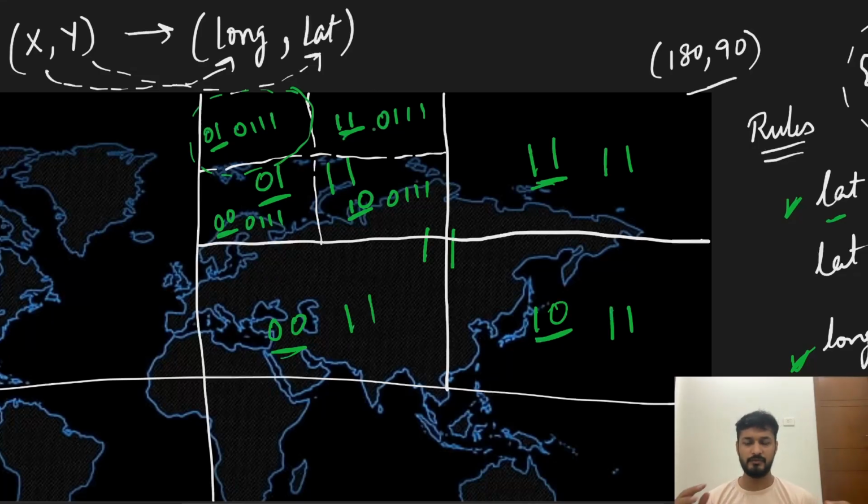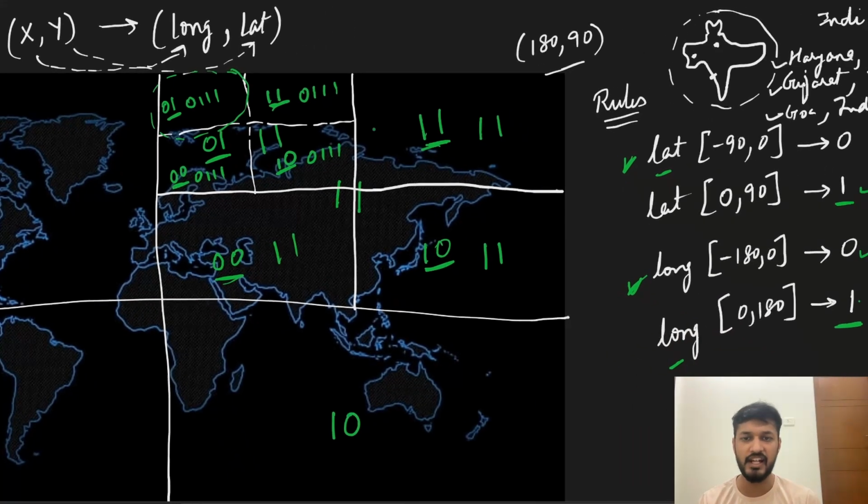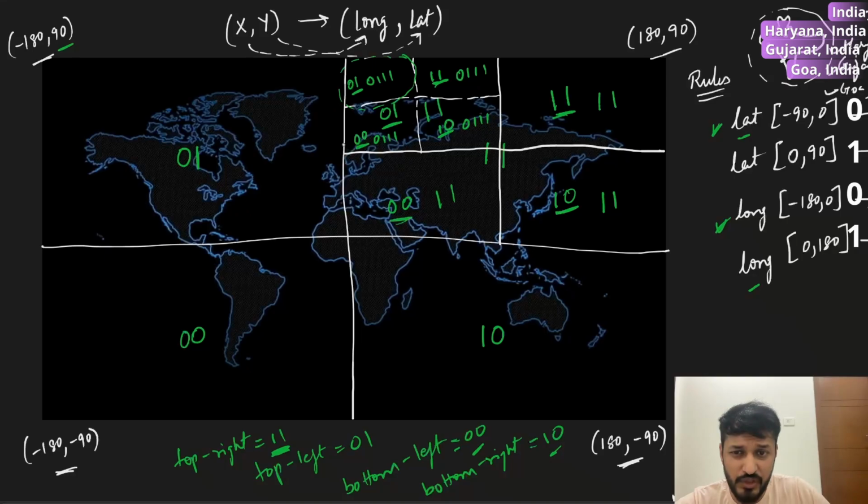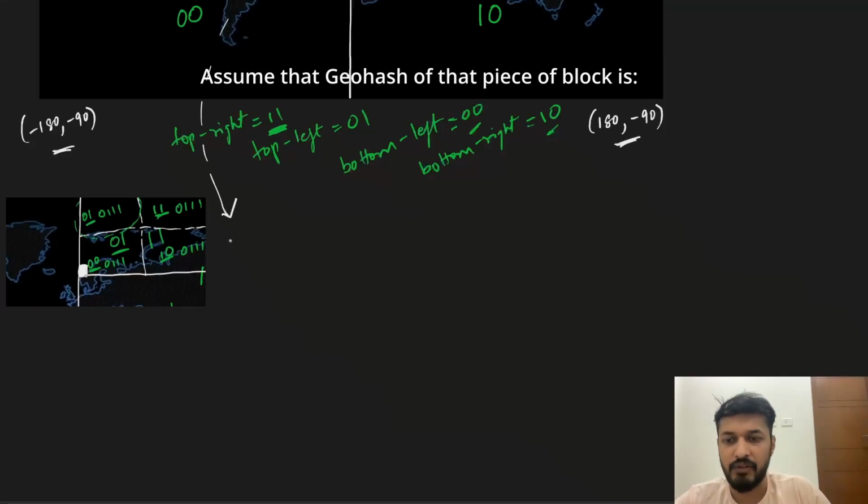This is what you do in GeoHash. You keep on dividing the world into smaller, equal parts, and then assign them the corresponding address the way I have shown you. Now suppose we kept on dividing this world map into smaller and smaller parts, and we reached this smaller piece of block here, and assume that our geohash comes out to be